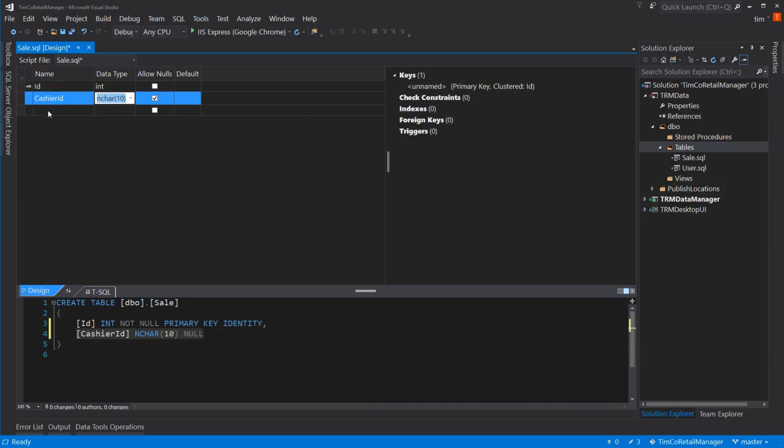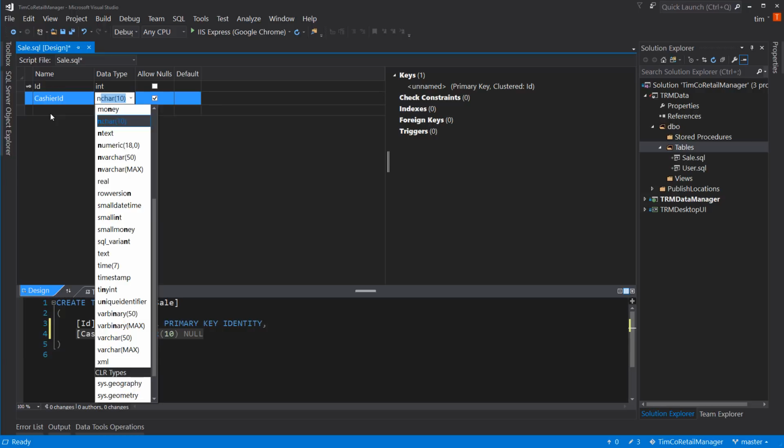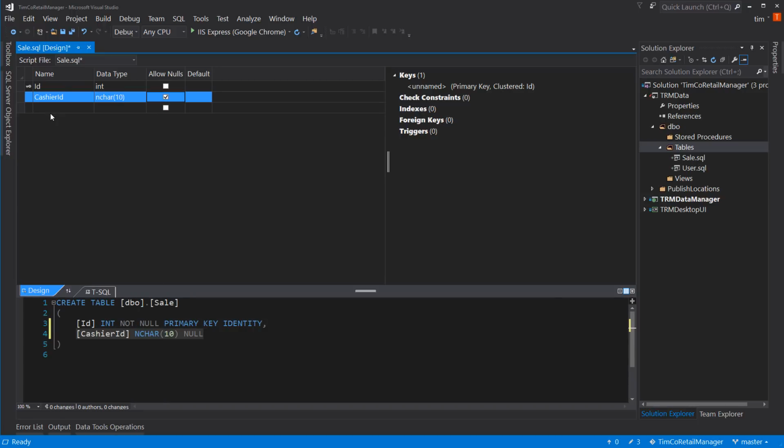So that's the cashier ID, which actually raises a question that I want to wrestle through. I think what we're going to do is say nvarchar 128. And if you haven't caught where I'm going here,